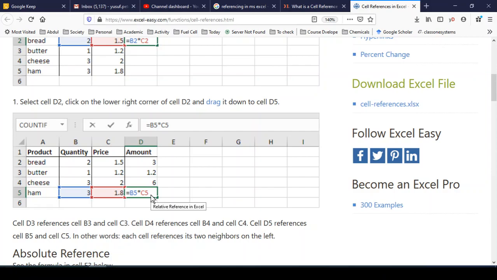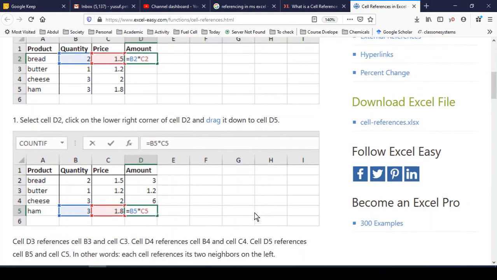That's why relative referencing is very useful for dragging formulas. Thank you. This is for relative referencing.